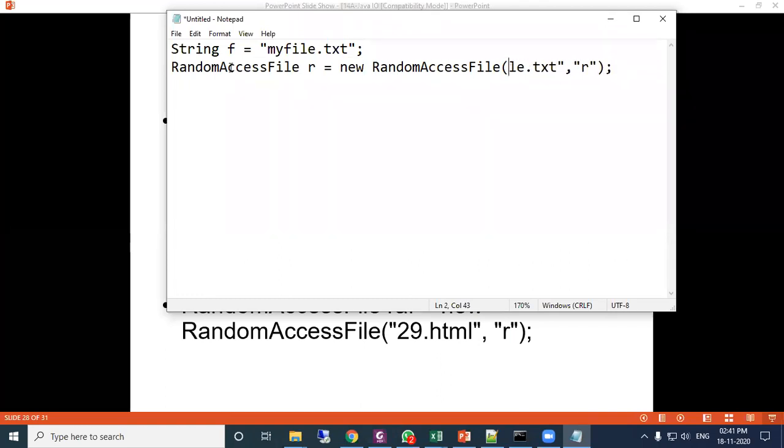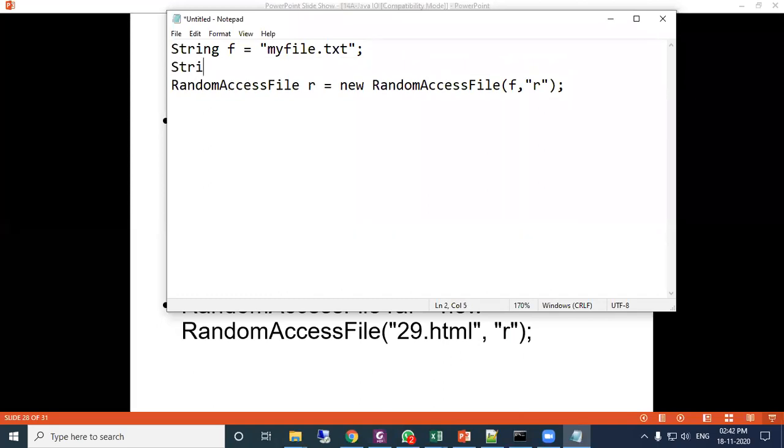So here you can directly write f then R. Similarly, if you write string m equal to, whatever, suppose R, now here you can write f comma m. So it is not necessary that every time we will use the constant string.